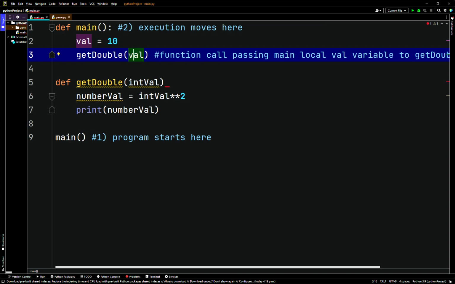This is a function parameter, as we said. It's an argument. Val is an argument or a parameter. We're calling getDouble. We're now passing val into the argument or the parameter when we call the function. Now, in the first line of getDouble, it can reference the value that was passed. So that's the point here. So we could say, okay, well, now